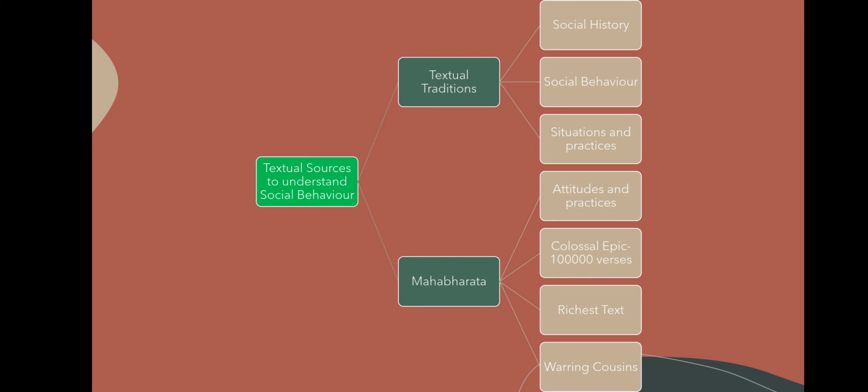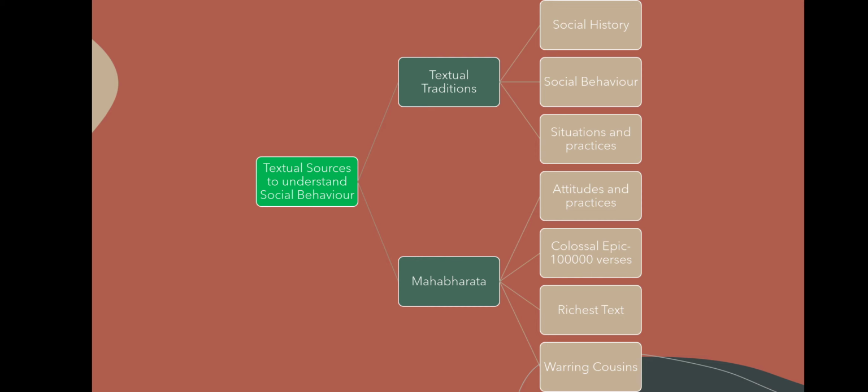What was the history of a particular social class or caste or a kinship model? It would also tell about the social behavior, how different communities behave, and the different practices and the situations of different families